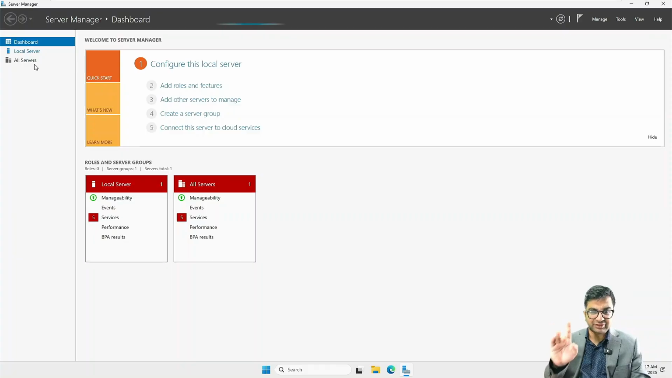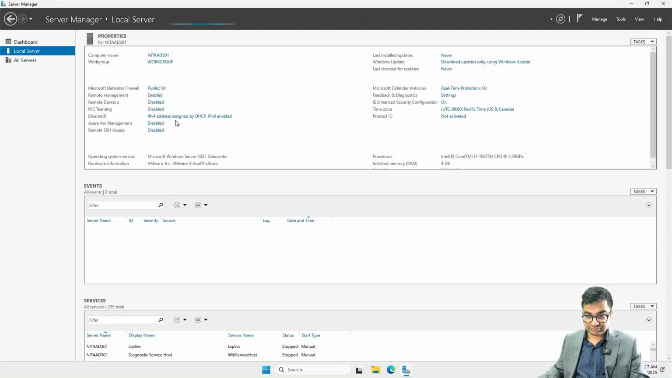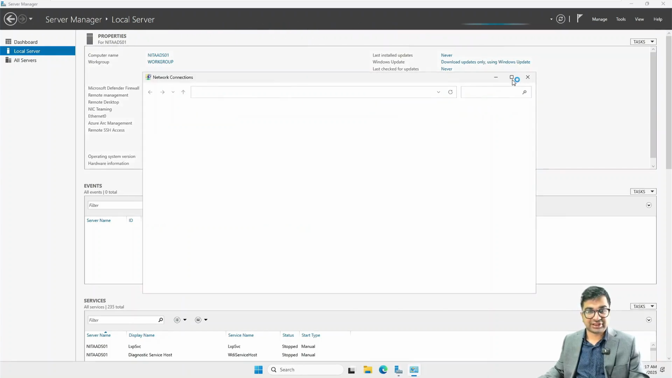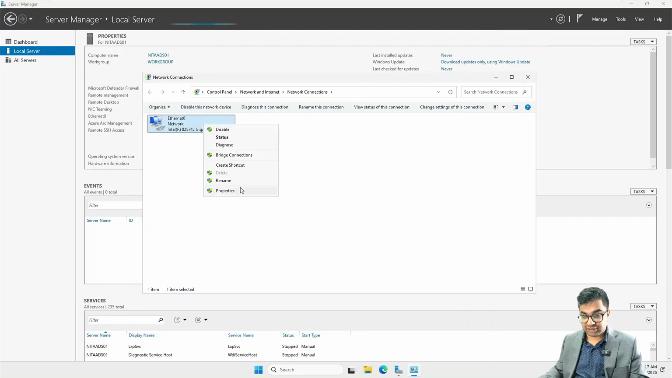So now we'll start with the first task, that is configuring the IP address. So local server, click on Ethernet 0. And as you can see, you can see the slow loading bars here. That is the only reason why it feels slow. Otherwise, in reality, it isn't that slow. It is pretty efficient in doing a lot of things. Right click, properties,